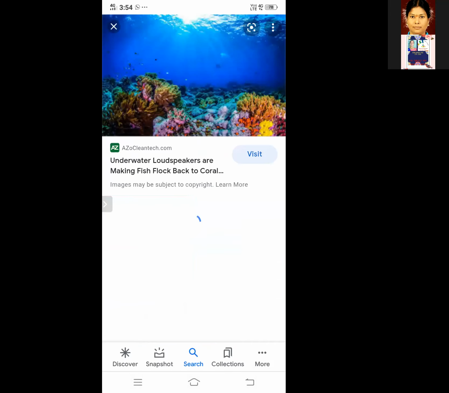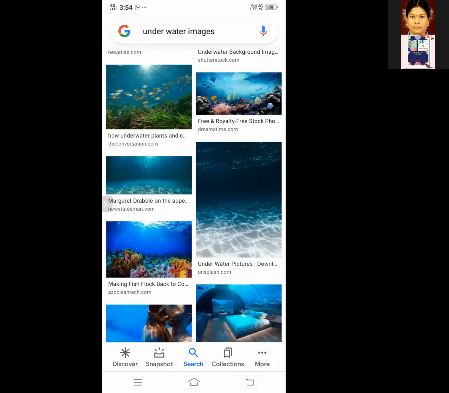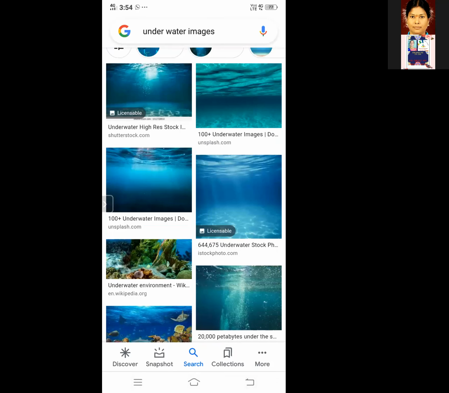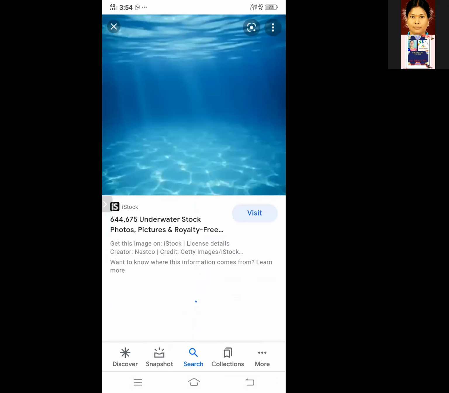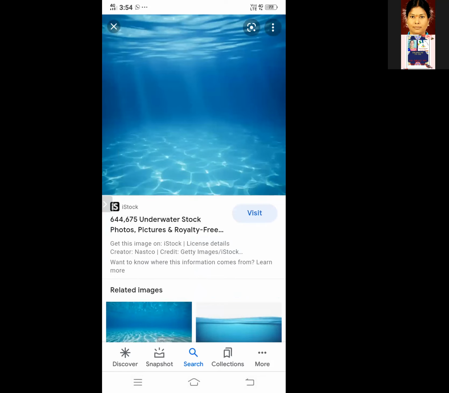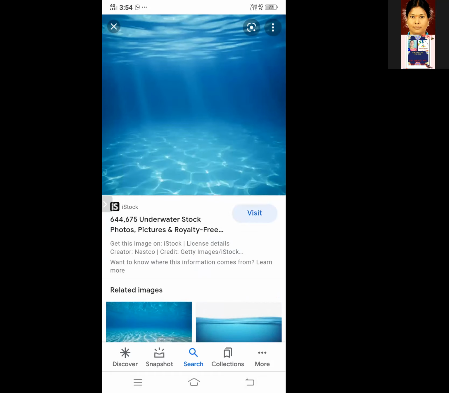Yeah, it is some colorful and it will be similar to the backdrop. So I will be choosing this backdrop. If we press on the image, like a long press, you can see download image, share image. If you click on download,